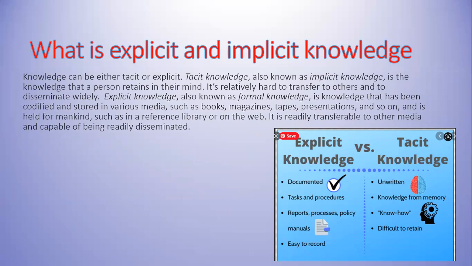Knowledge is not always codified. People say tacit or implicit knowledge, which is what you retain in your mind. It's kind of unwritten knowledge from memory, or knowledge of basic social rules and codes or know-hows, and it's a little bit difficult to retain because it only sits in your brain. You have to communicate it all the time, and it's usually only available to you because you remember it, you understand it, but it's not available to others if you don't communicate it.